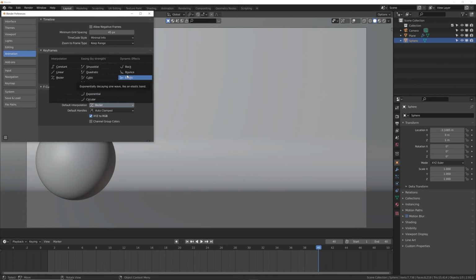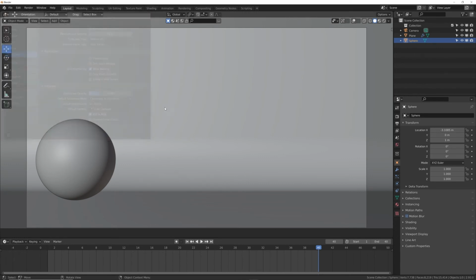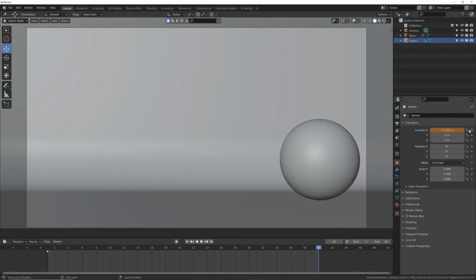Now we have our dynamic effects. You can kind of see the motion here. So I'm going to click on elastic. That one's kind of weird. And then let's make our animation. So making sure our sphere is clicked on, keyframe, going to the very end, like that, end it. So you can see